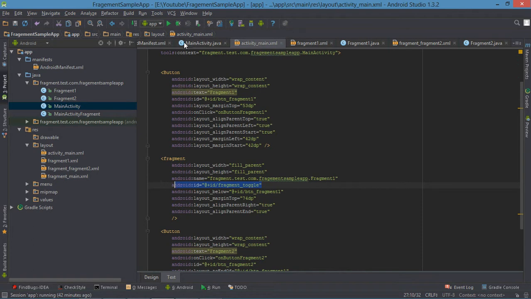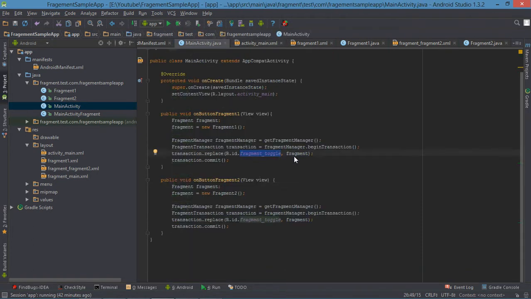On button click 2 it's the same thing: fragment equals new Fragment2, fragmentManager equals getFragmentManager, transaction equals fragmentManager.beginTransaction, transaction.replace with the ID and our fragment 2 instance, then transaction.commit.